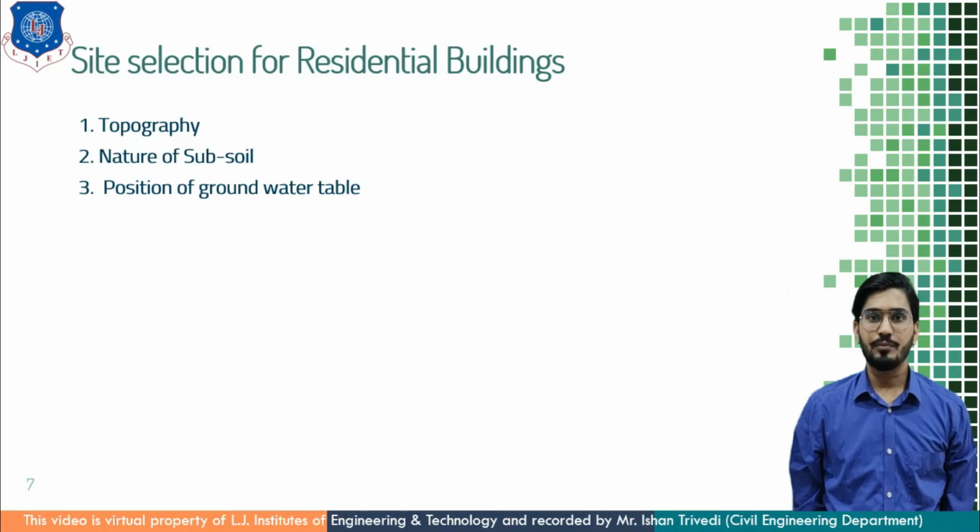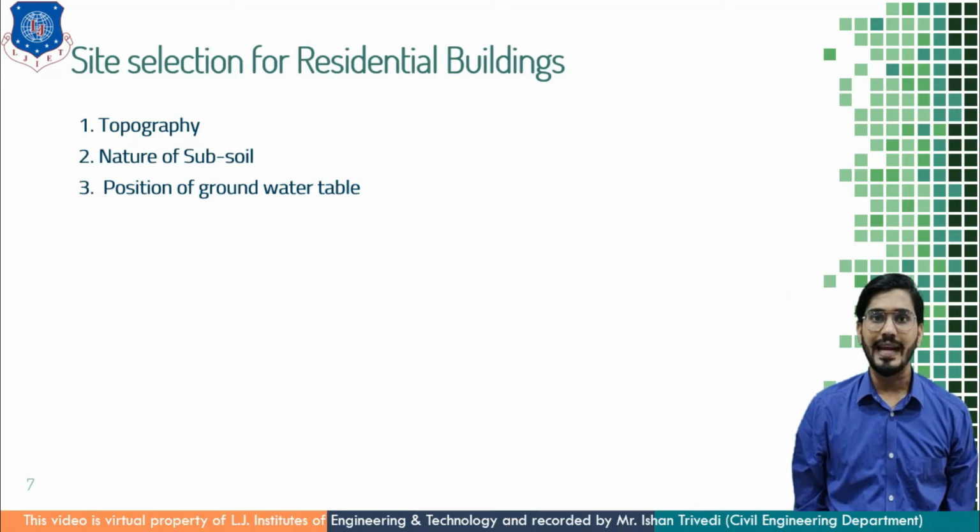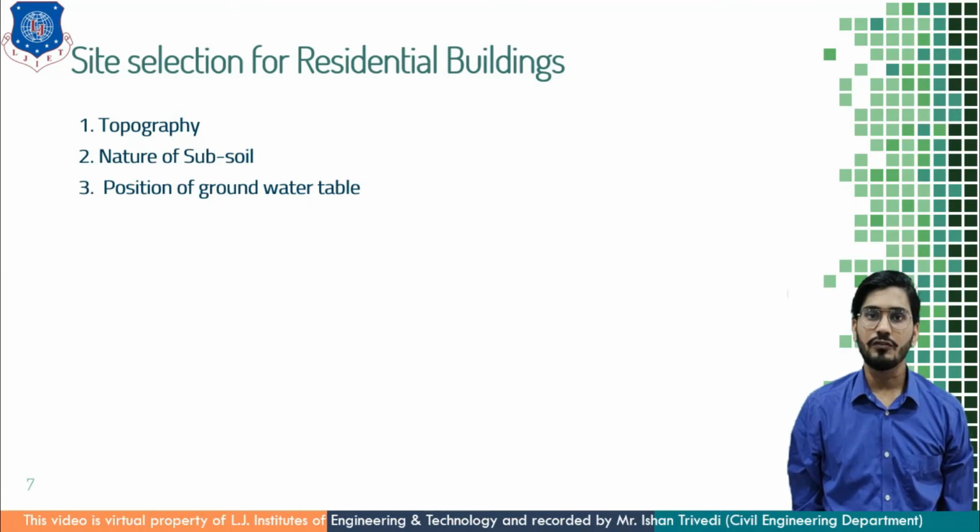Groundwater table plays an important role while determining the site of a building. If the groundwater is available at shallow depth, then it reduces the soil bearing capacity as discussed in nature of subsoil and causes uneven settlement and promotes dampness in the building. Sometimes we have faced dampness occurring at the bottom part of a wall. So it is just because of increase in the groundwater table.